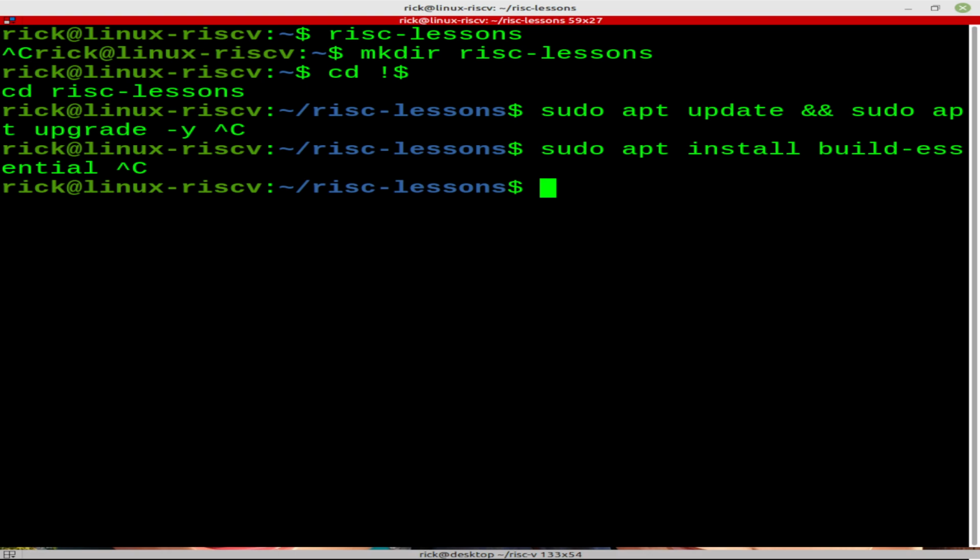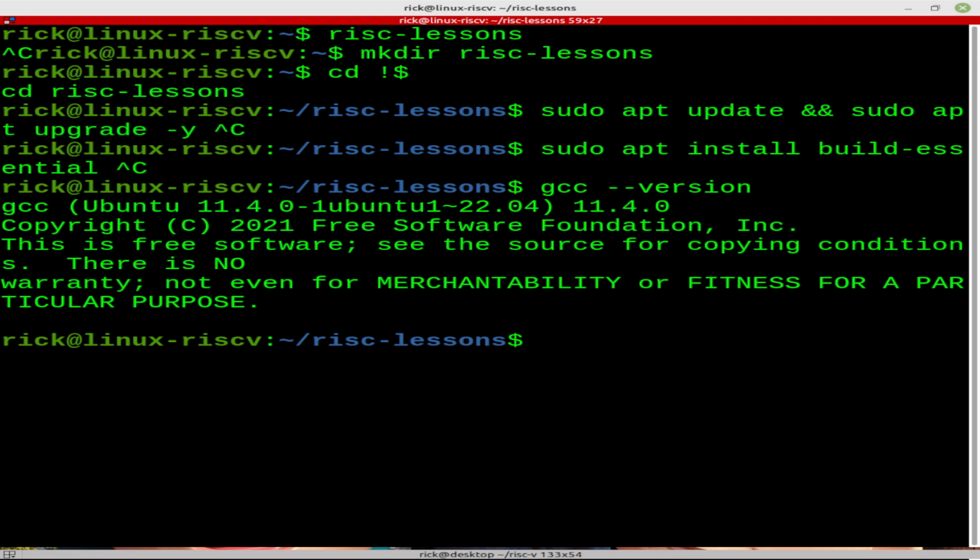Now, alternatively, you could install this from source, but I don't recommend it. It's going to take too long, and there are just too many things that can go wrong. If you're using the virtual machine that I suggested, then you will have build-essential available to you, so please do that. Now, to verify the installation, once this is run, you can do gcc --version, and it will tell you the version of the software, or at least show up. So this is all we need to know